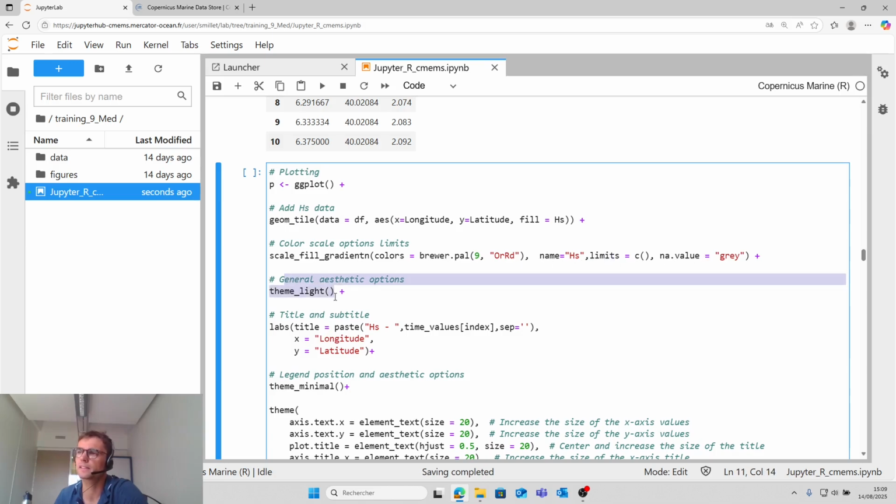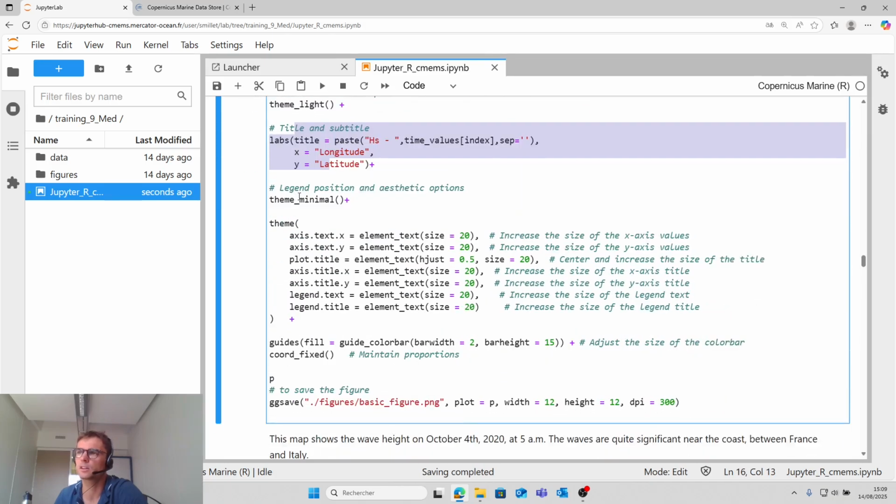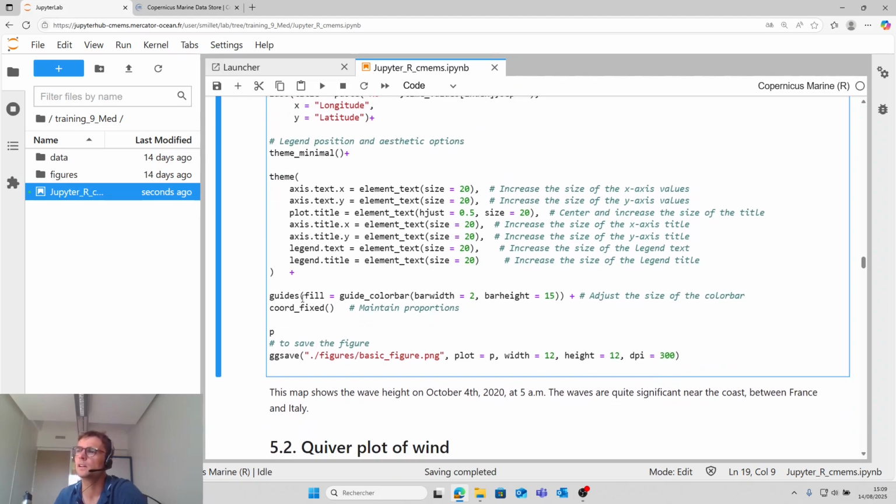Here are aesthetic options, title and subtitle, aesthetic options here too, and here it is to increase the size of text. Here it is to adjust the size of the color bar, and here to maintain the proportion between longitude and latitude. And finally, here it is to save the figure in the folder here, figure.